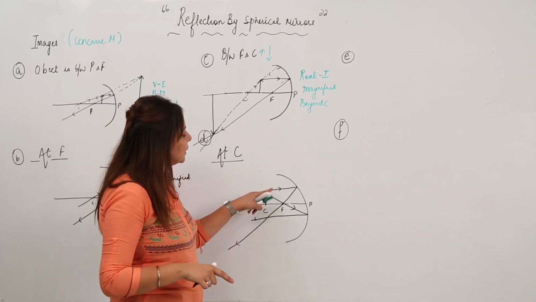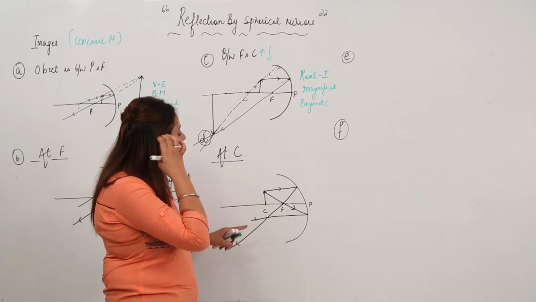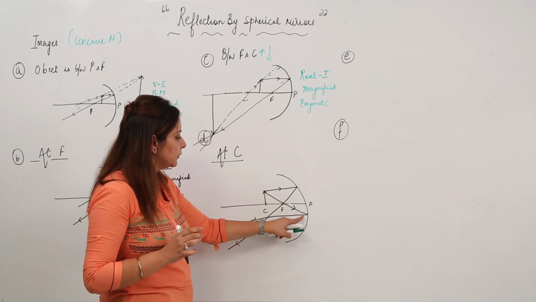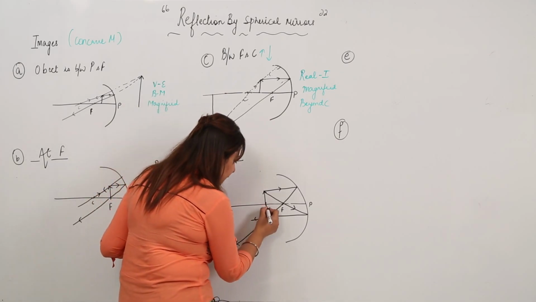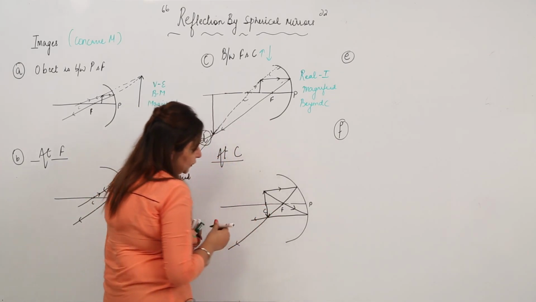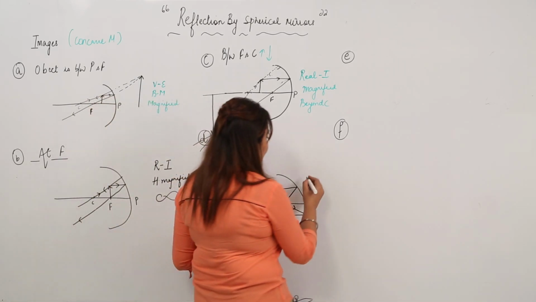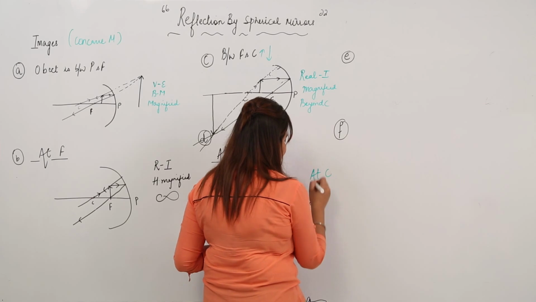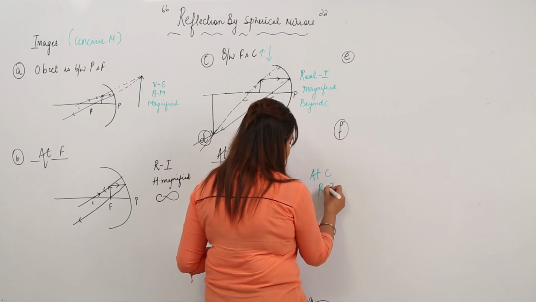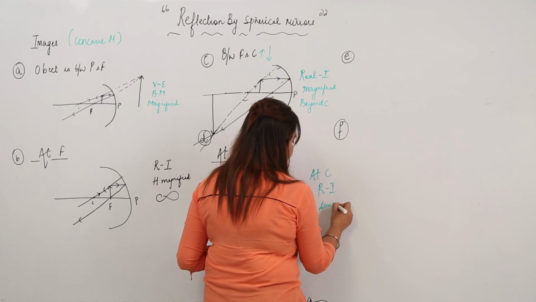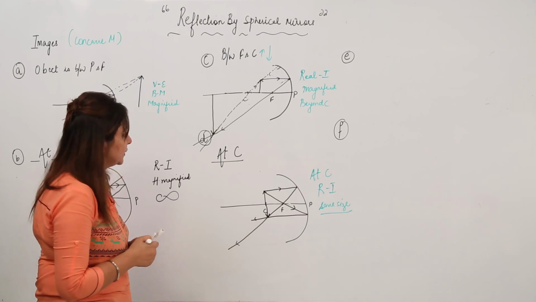A ray coming parallel to the principal axis after reflection passes through the focus, and a ray coming from the focus after reflection becomes parallel to the principal axis. So we see that they meet here. So this is the image. This image is very different from all the others, as it is formed at the same point, that is at C. Again, because they are actually meeting, it is a real image but inverted, and a curious point to know is that it is of the same size.